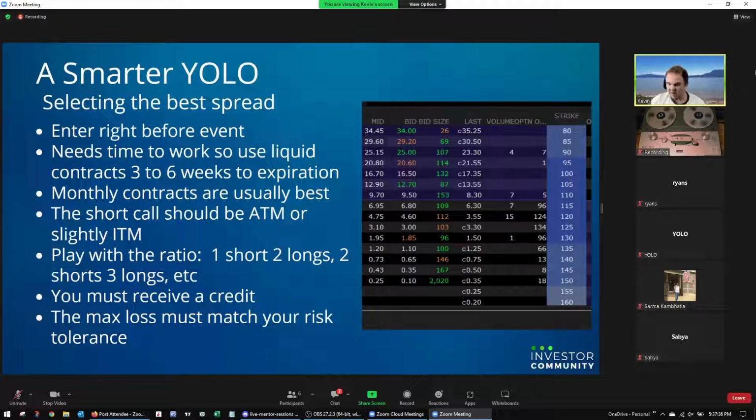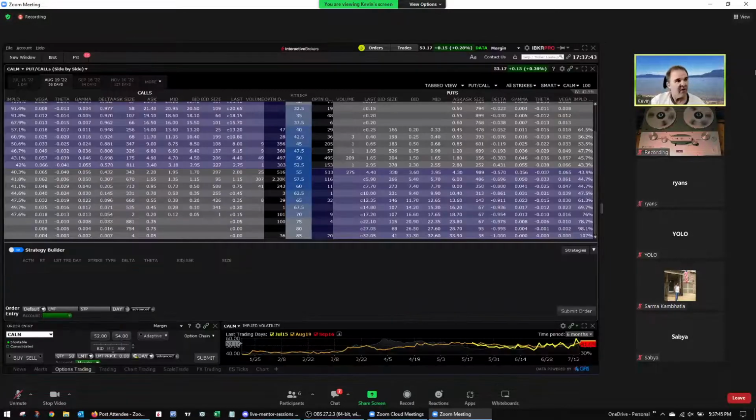Okay, this is where we're going to take a look at a live example of this. So we're looking at the option chain for COM now. We're only going to look at the call side here. We can see right up here that COM closed at 53.17.